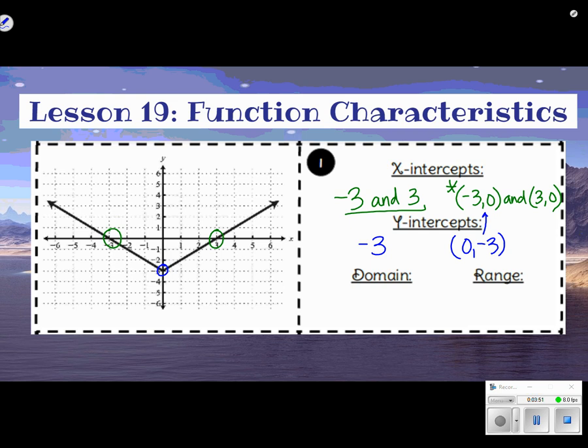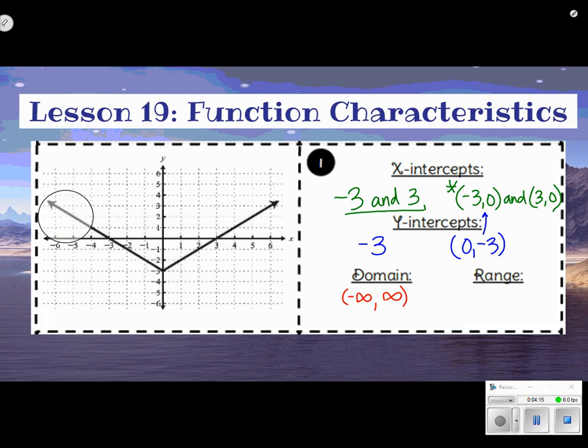All right, let's look at domain and range one more time. Let's look at if we've got it or not. So how far left can this function go? So I'm going left, left, left, left. It's going to go left to negative infinity. How far right can this function go? Going right, right, right, right, right, forever to positive infinity. Infinities get